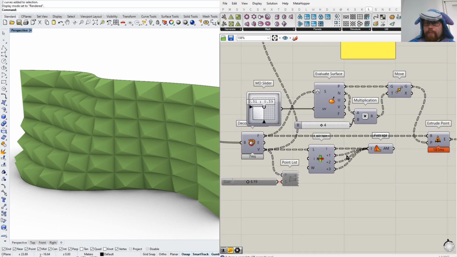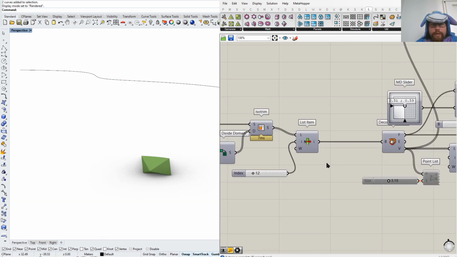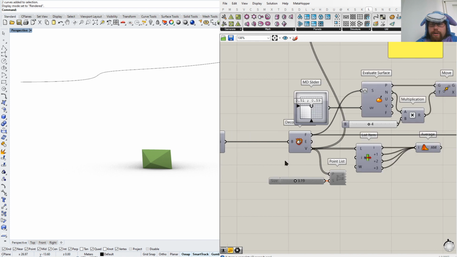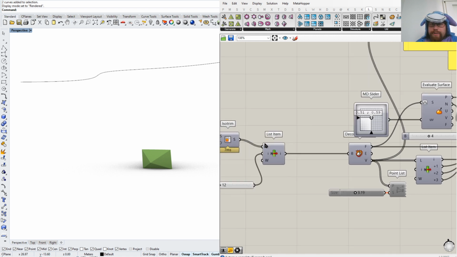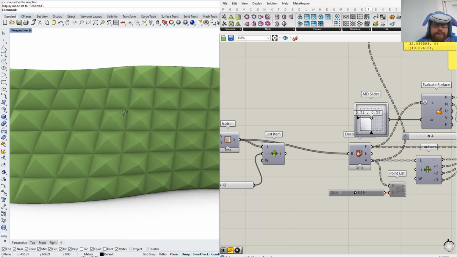Okay, so this is the way I work with data tree. Sometimes you can get into trouble when you do the list item too many times, because when you put in data tree, the situation can change. But I would be really glad if you try to do something more interesting than just a pyramid. Again, try to do it with just one piece first, and then after it's done, try to feed it the data tree. If you get into trouble, I can help you, but this is something you really have to experience,